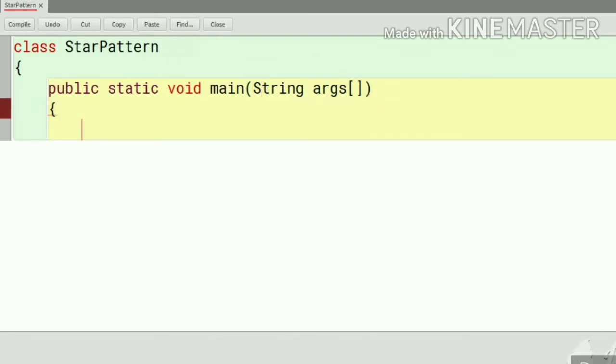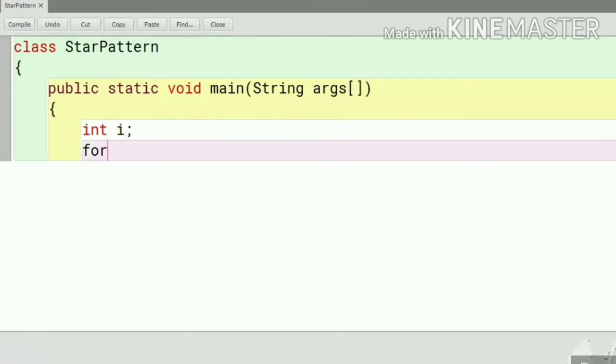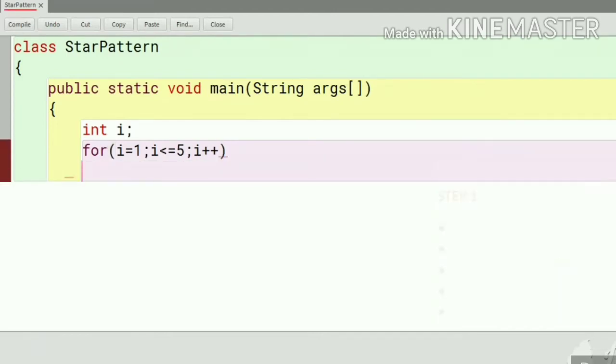Here you have to take the data type int for the looping variable i. According to the question, in the first step we have to print 5 stars on different lines. So we have to initialize with i equal to 1 and the condition i less than or equal to 5. There will be a change of 1, an increment, so i++.